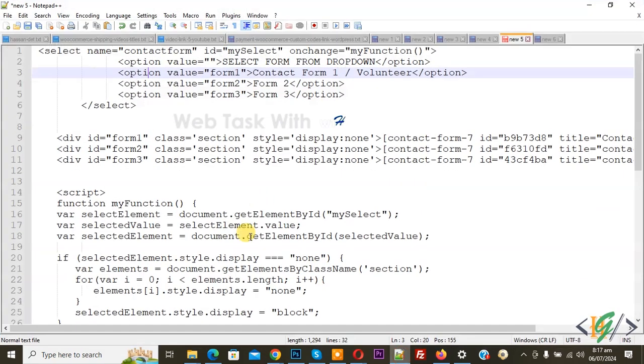Now go to notepad and then you see select name. So this is our custom field drop down, and then you see form 1, contact form 7, form 2, form 3. So you can add form names according to requirement. Now you see, this is our value of form 1, form 2, form 3, and then you see name, ID, my select, on change we are calling my function, and then you see div ID form 1, form 2, form 3. So this ID and value are the same, and then you see class section style, and this is our